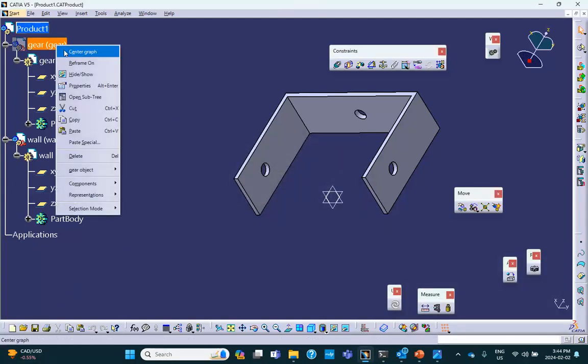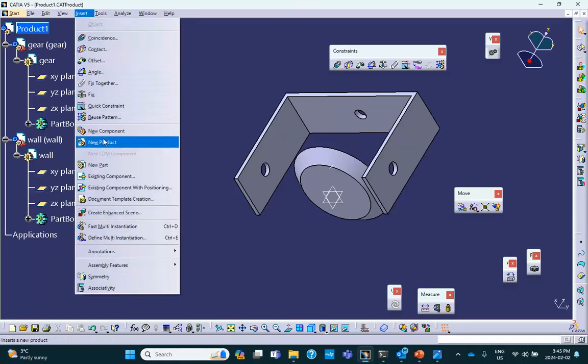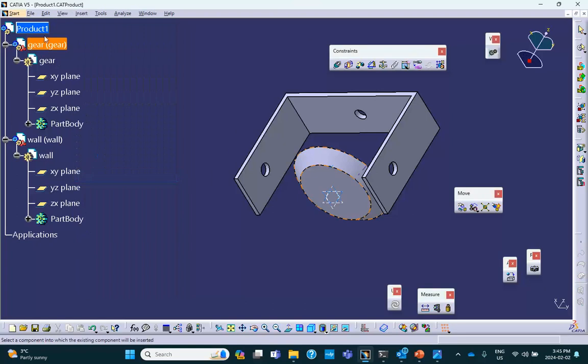Now, when it comes to the other two gears, either I can do instantiation, which is, we can get the icon. I don't know, maybe toolbar. It's not there, so we can get it. But the other option is just insert existing component. Let me go ahead and do that. So insert existing component in that